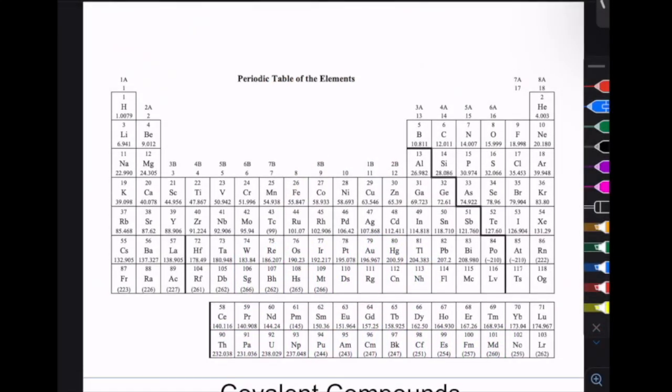We're going to start getting into covalent bonding, right? Something that you probably all heard about, but we haven't really discussed a lot yet in lecture. So we're going to start doing that today. To get into that, let me remind you a little bit about what we learned last chapter when we